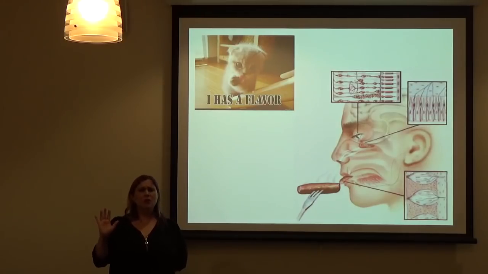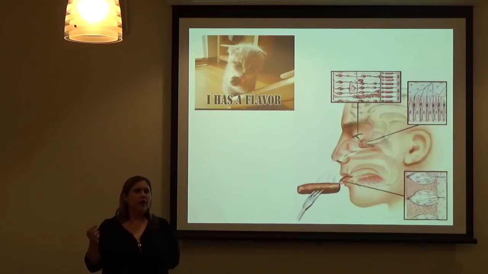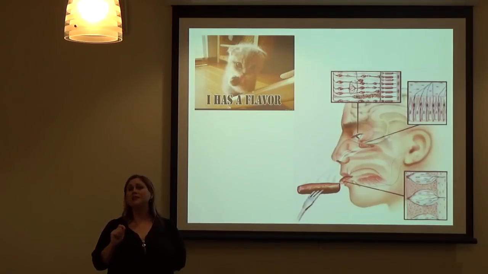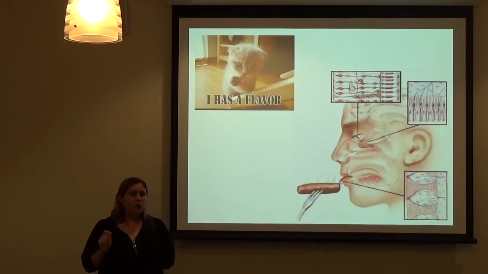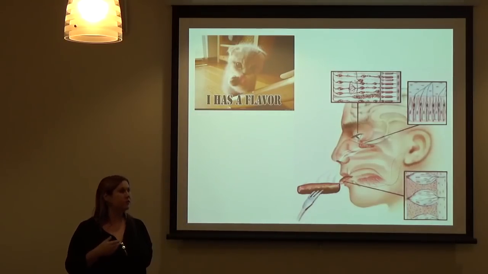But you may be thinking, well, I can taste a lot more things other than just sweet, salty, sour, bitter, and savory. I can taste a lot of other flavors, really complicated flavors. And that's because flavor is taste plus smell plus touch. So flavor consists of not just the taste of a food, but also the smell of the food and the way it feels inside of your mouth. So all of those things go into flavor.